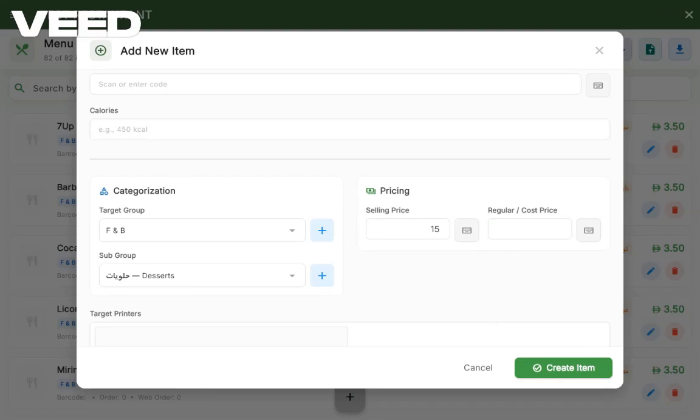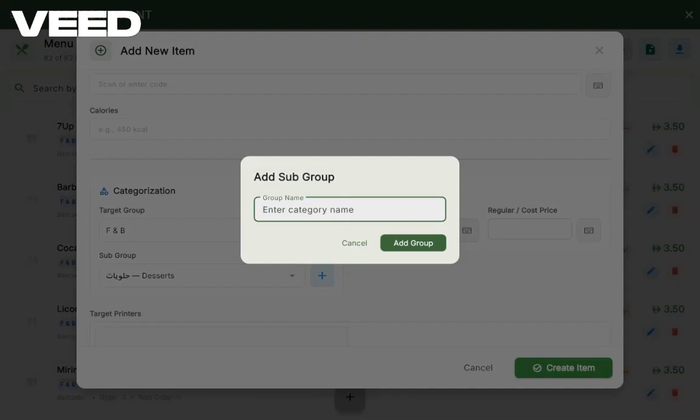You can also add photos to items to help your staff work faster. Just click the image icon, select a photo from your device,